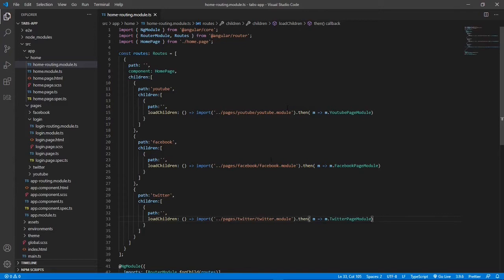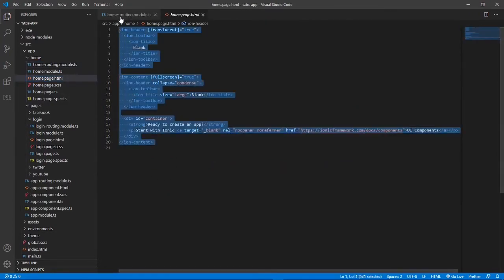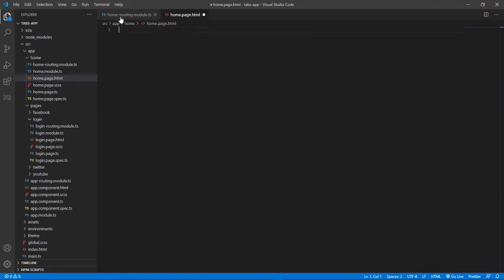Okay, so now we need to come to the home page.html and we need to remove all this code here. So here we're gonna have